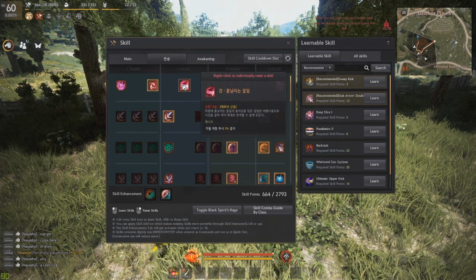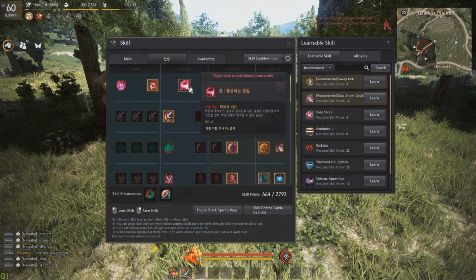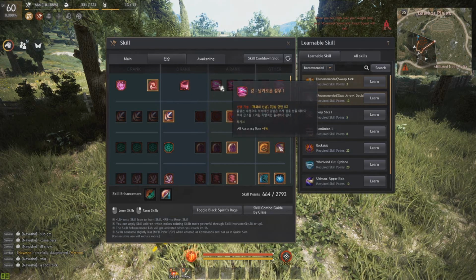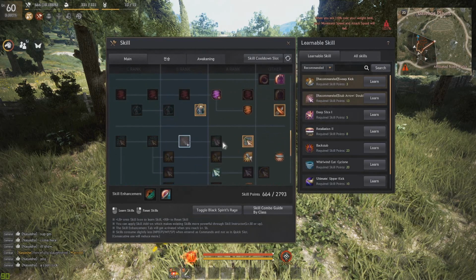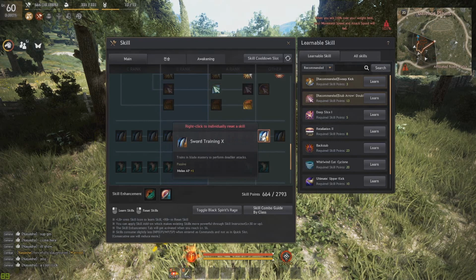Yeah, so that's going to be really useful and handy for making sure those connect more often. Still going to need precision gems though. And then next we have our accuracy passive. So this becomes available after you get this particular